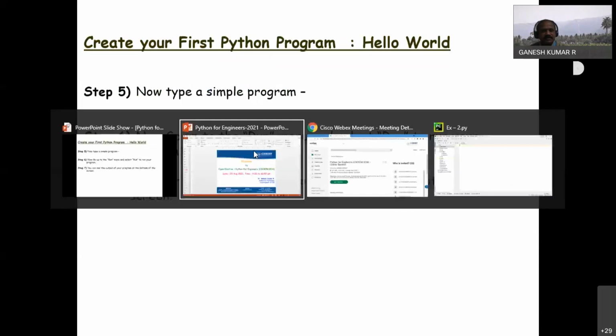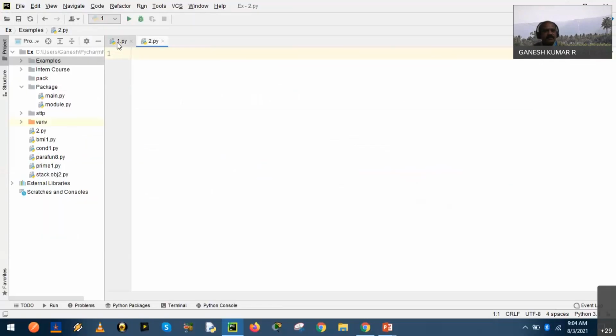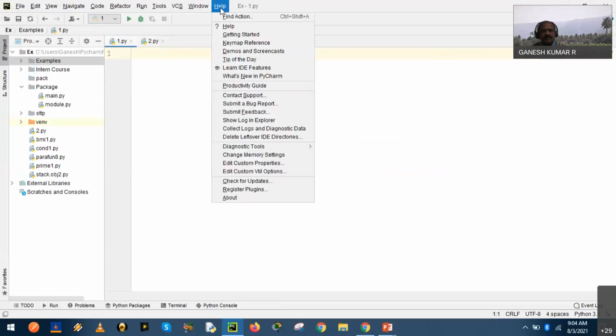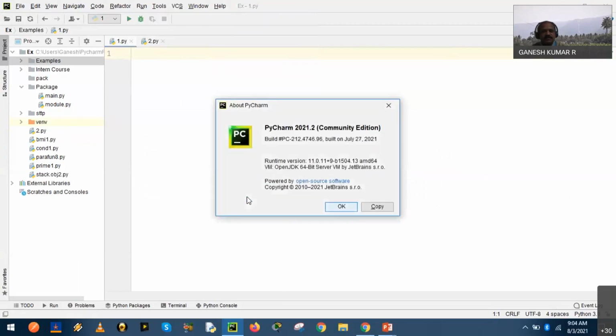Open the PyCharm editor. Right. I have opened the PyCharm editor, and the version can be found. The details of the editor can be checked with the help menu: PyCharm 2021.2 Community Edition, which is open source. For the purpose of learning and understanding, this community edition will be more appropriate and comfortable.